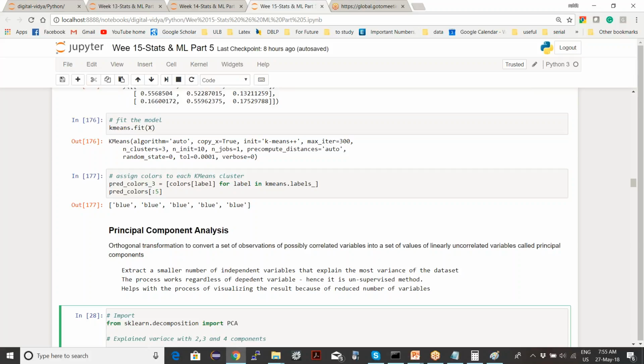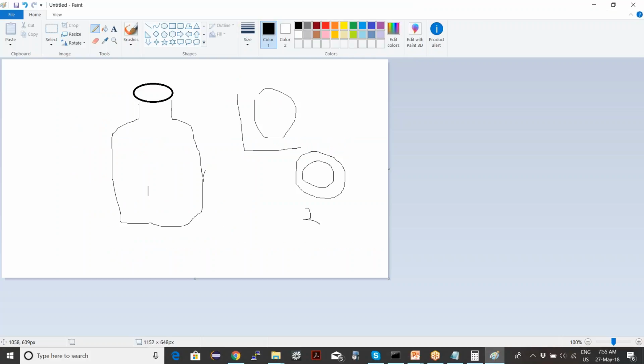So just think of it like the example we saw here. Earlier you had a bottle in 3D. I said, give me a 2D image of this bottle. So PCA will give you this image instead of this image, because both are correct representations, but this is a better representation, right?